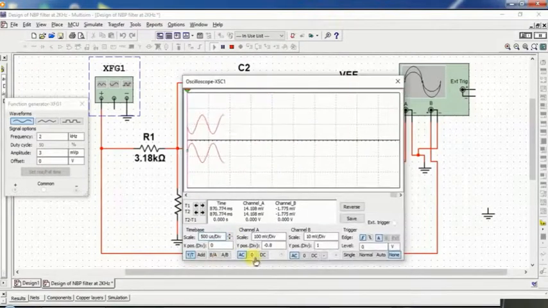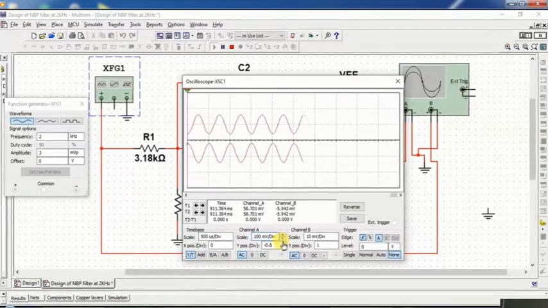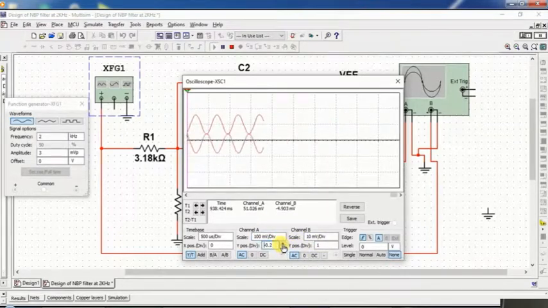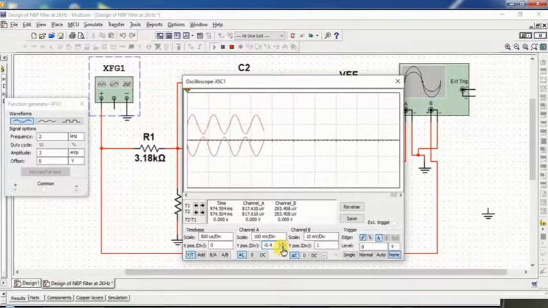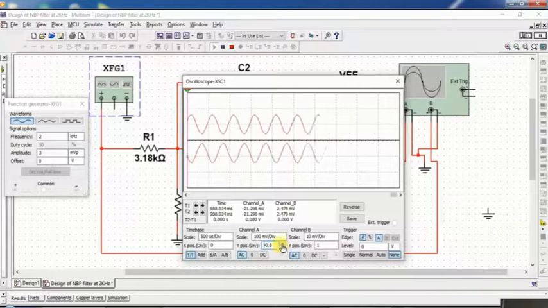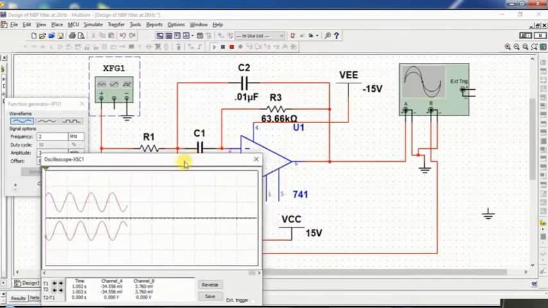You can design this narrowband pass filter with the help of a general purpose op-amp IC. You can also design this narrowband pass filter with high speed op-amp ICs like AD844, etc. So here you can change the positions also. So here this is the perfect waveform.